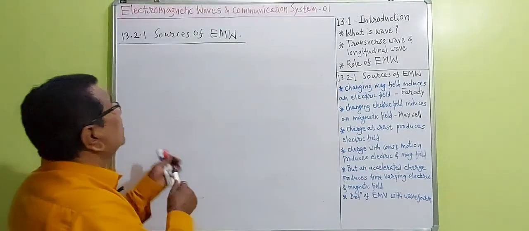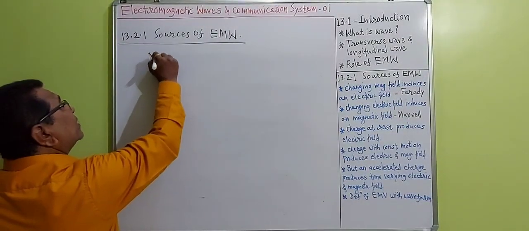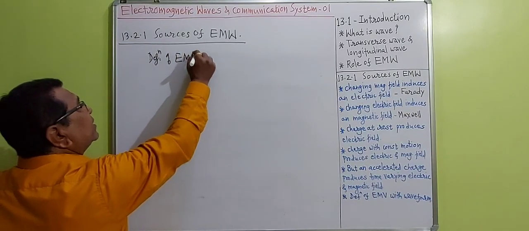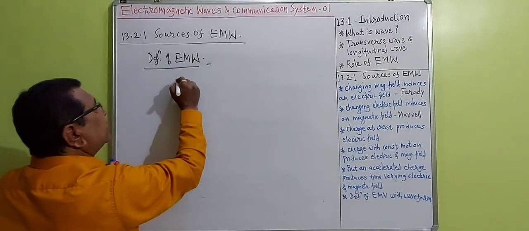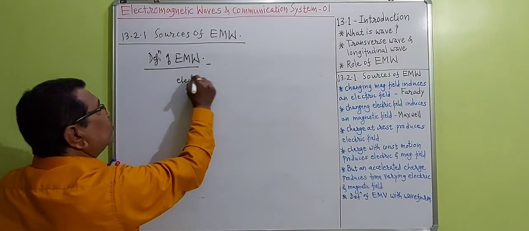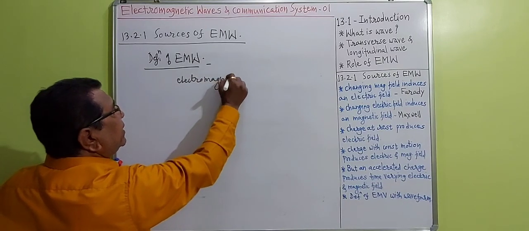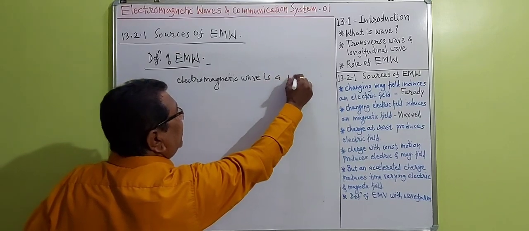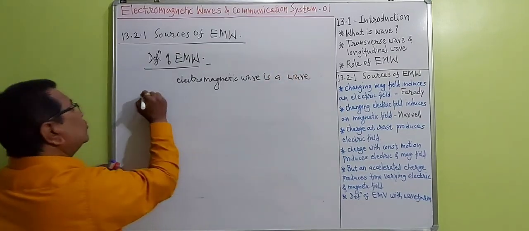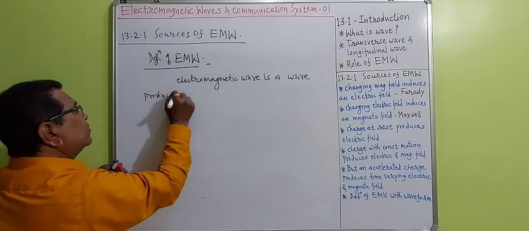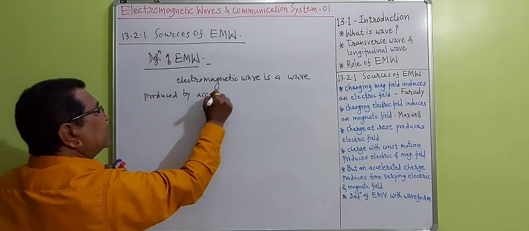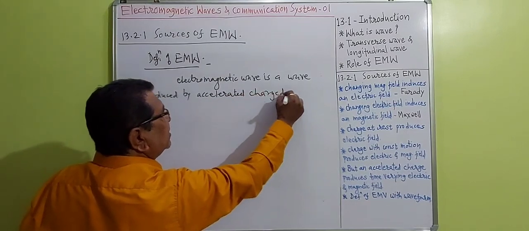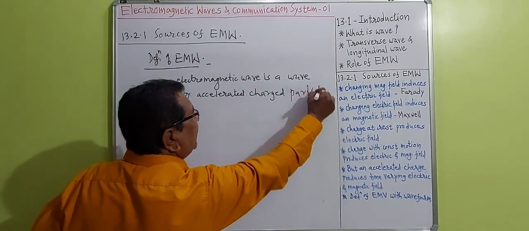Definition of electromagnetic wave. We will write: electromagnetic wave is a wave produced by accelerated charged particles